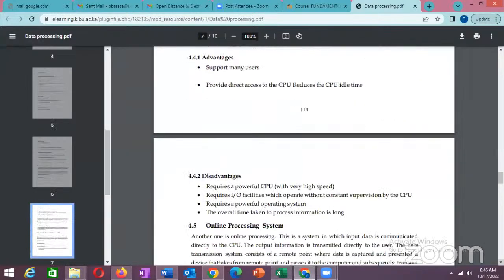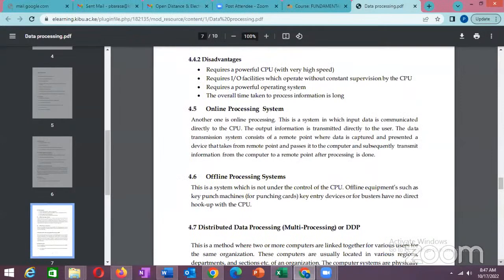So the advantages: it supports many users, provides direct access to the central processing unit, that's the CPU, and reduces the CPU idle time. The disadvantages: it requires a powerful CPU with very high speed, then requires input-output facilities which operate without constant supervision by the CPU. It requires a powerful operating system. Then the overall time taken to process information is